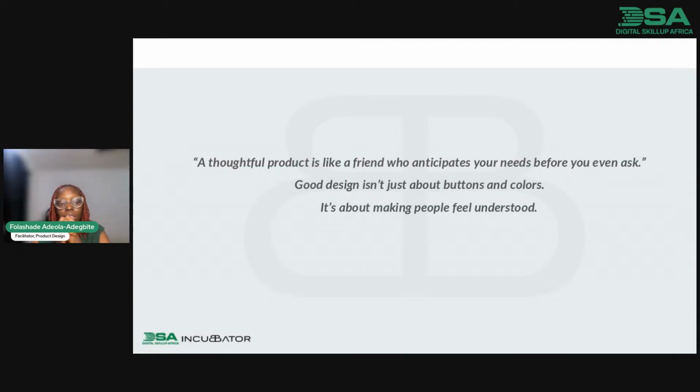So it's very important that you build something that is thoughtful, something that is enjoyable. A good product is useful, enjoyable, usable, and equitable. If all these four things do not happen, then you've not built a good product. You just built it for fun. So those four things are very important.